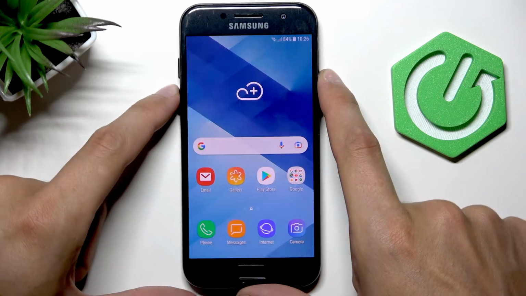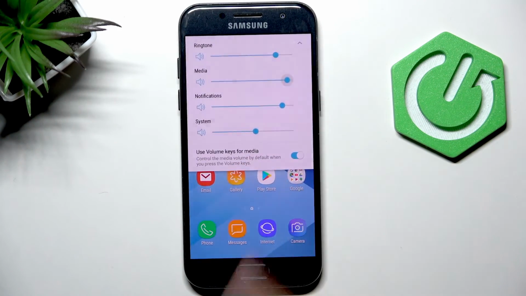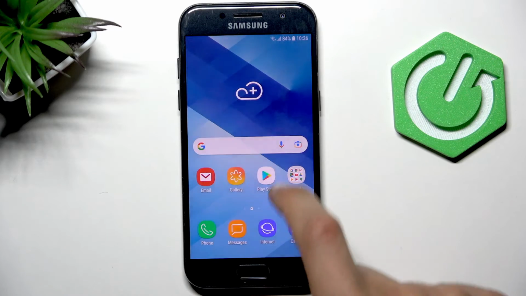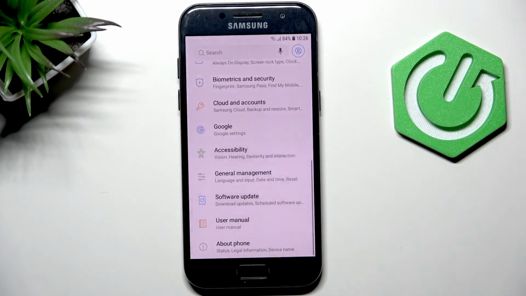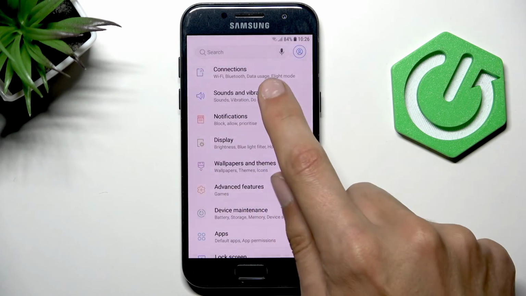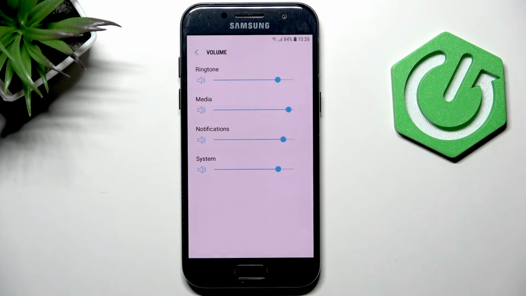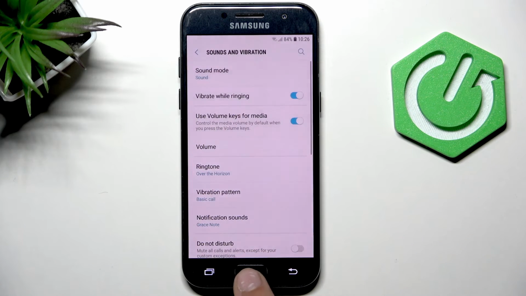Alternatively, click on this arrow to see all of the volume settings, increase them as needed. You can also see this menu in Settings, Sounds and Vibration, and then Volume. In here you can see all of your volume settings, but if this isn't the issue, try cleaning the headphones